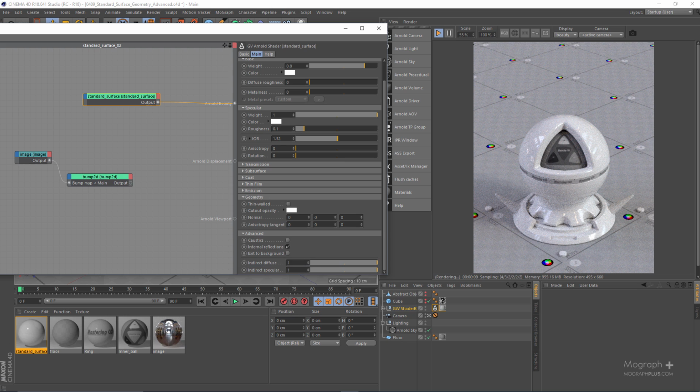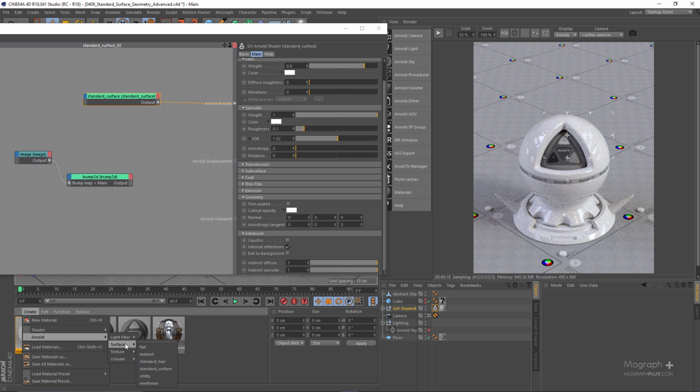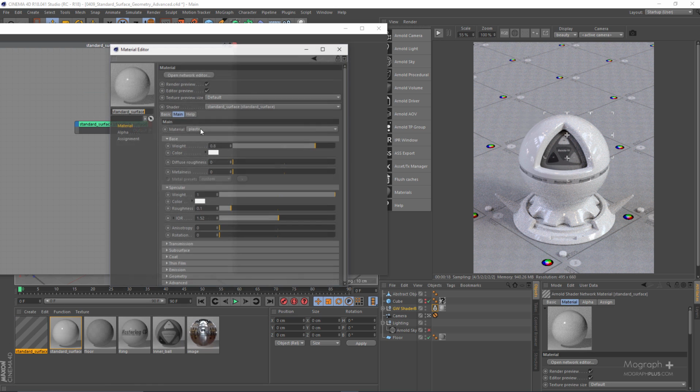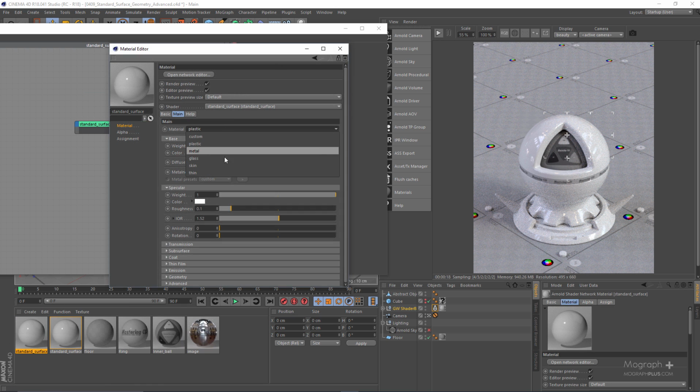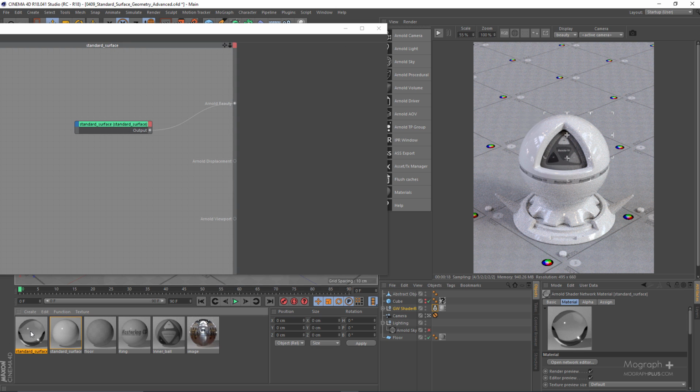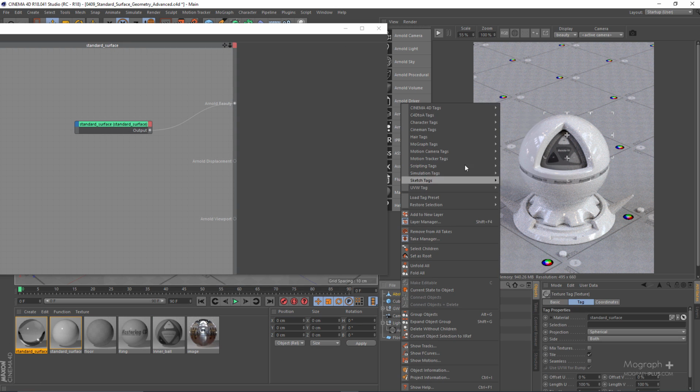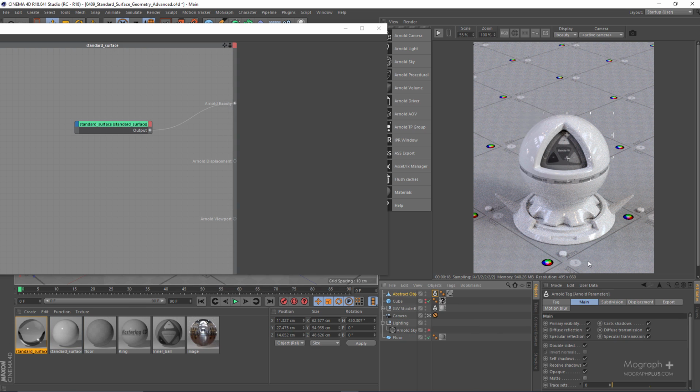And generally speaking, because of Arnold's nature, it is hard to get crisp, sharp caustics, but it is possible. So let me just come down here. I have this abstract object. Let me just turn off the Arnold sky and create a new standard surface shader. Let's use the glass preset and connect it to this abstract object, and also make sure we obviously have the